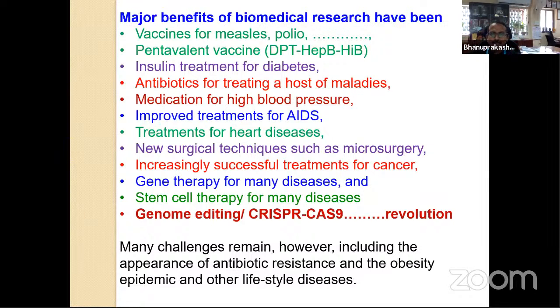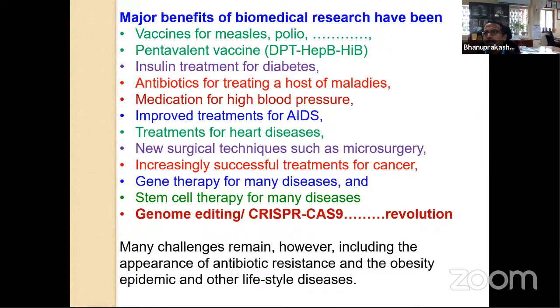These are the things we should tell them: that we have developed treatments for heart diseases, and we have developed new surgical techniques. Now microsurgery is an advanced surgical development. They call it keyhole surgery. They need not cut open your entire body. These days they are even doing surgery without anesthesia. That is the development. I can go on listing like that. Gene therapy.